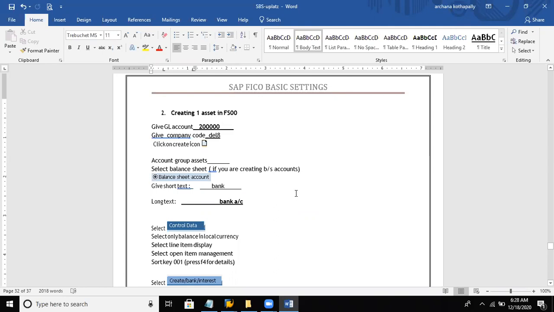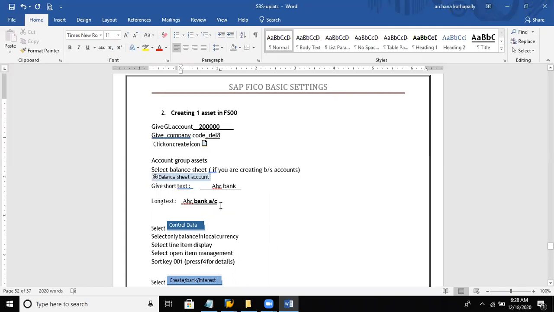Company code. Click on create, account group assets. Now select balance sheet account, short text. Here we said the bank account is ABC bank account, and the long text is also ABC bank account.